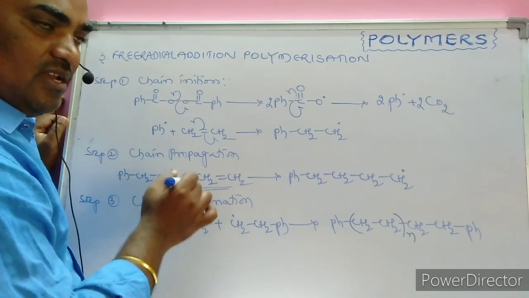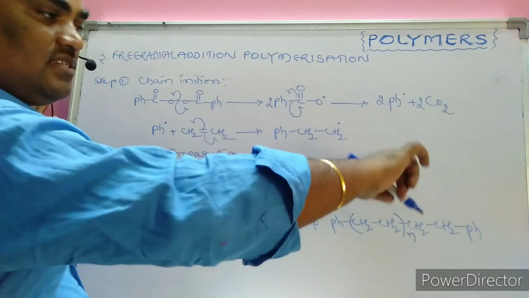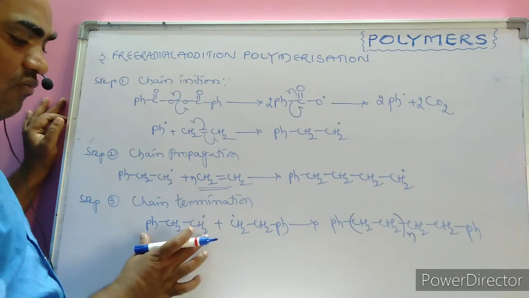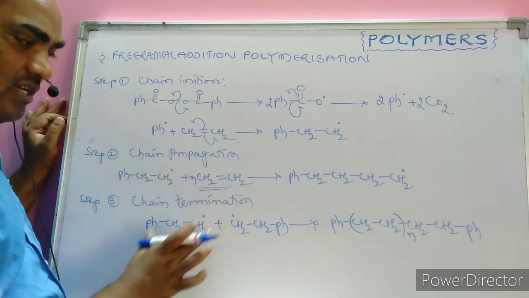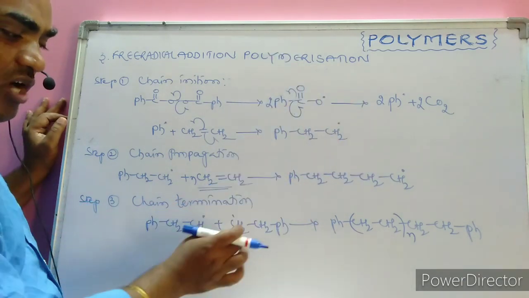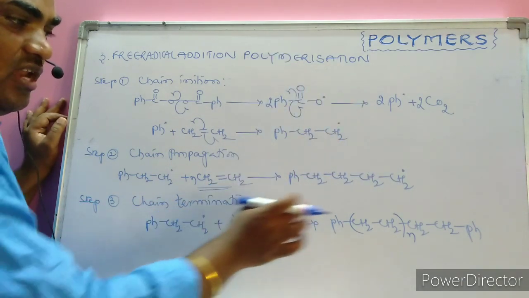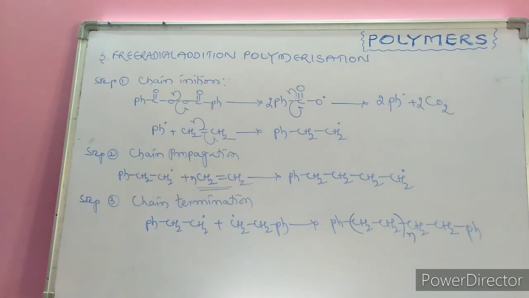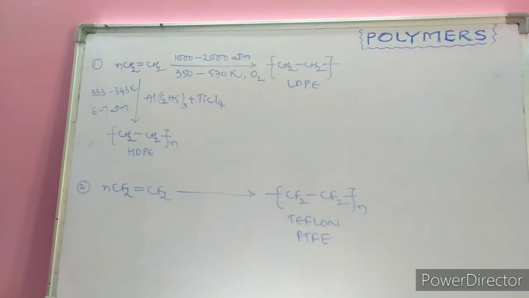As the number of monomers increases, the number of bonds increases and the last carbon keeps the free radical. Chain termination is one of the possibilities we are discussing here. Two growing chains, with free radical meeting free radical, a new bond is established. Like this, there is a scope to stop the free radical addition polymerization.